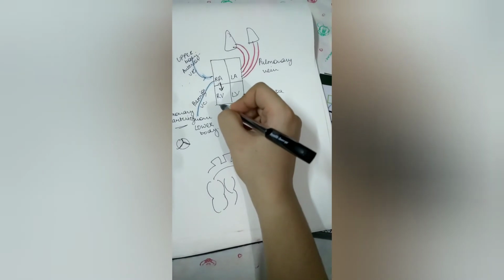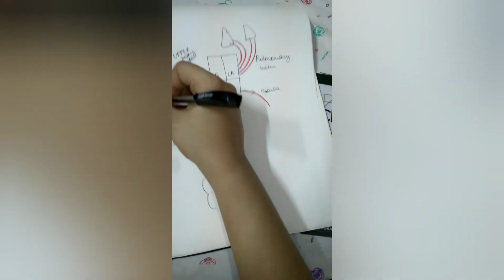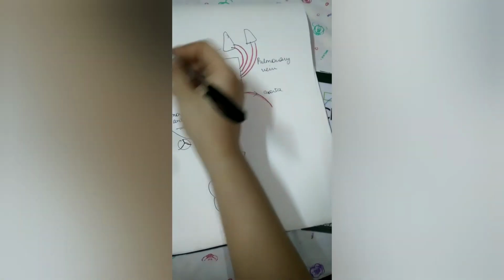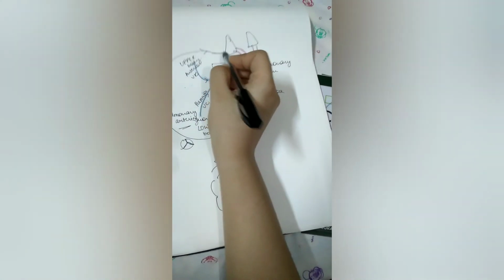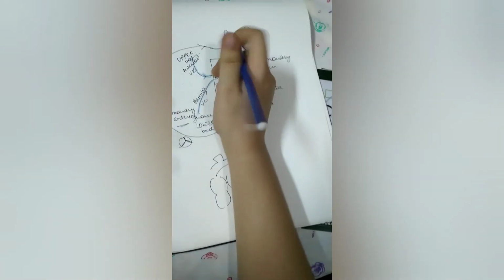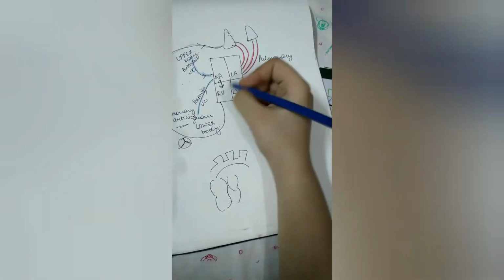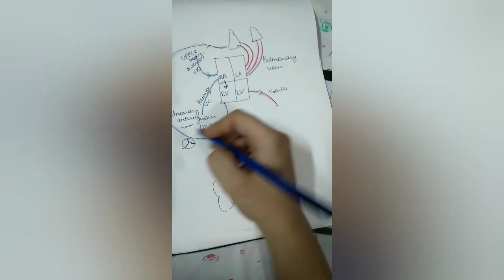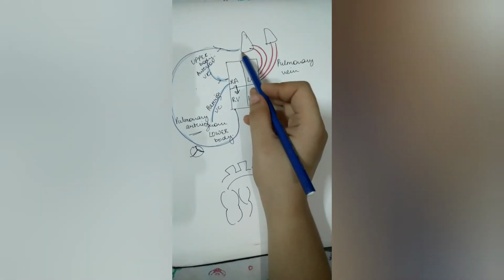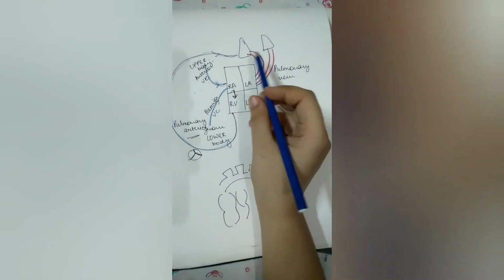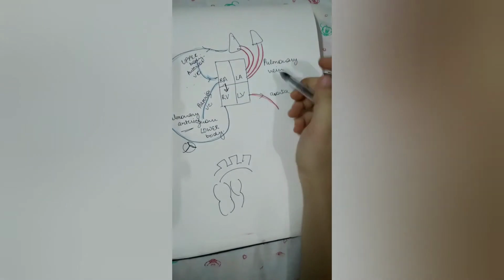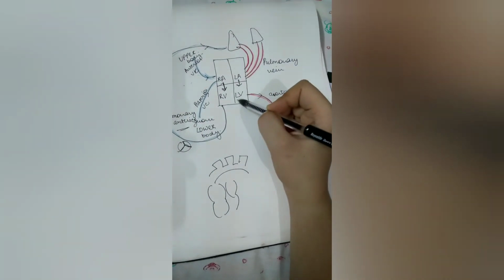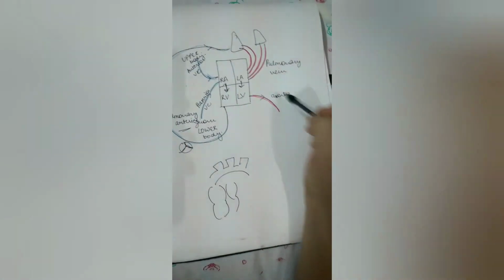Now from right ventricle we have this blood vessel going to the lung. So this is also deoxygenated blood. So it enters the lungs. Now through lungs it gets oxygenated, so then it enters the left auricle, then from left auricle to the left ventricle, then to the aorta and on to the whole body.